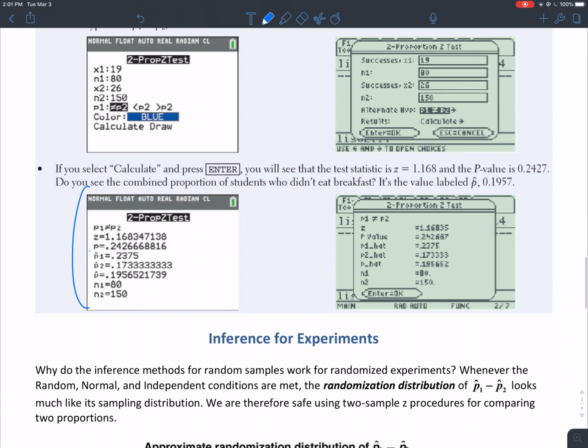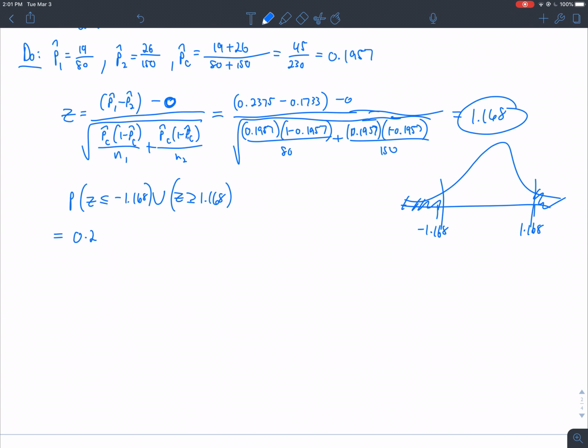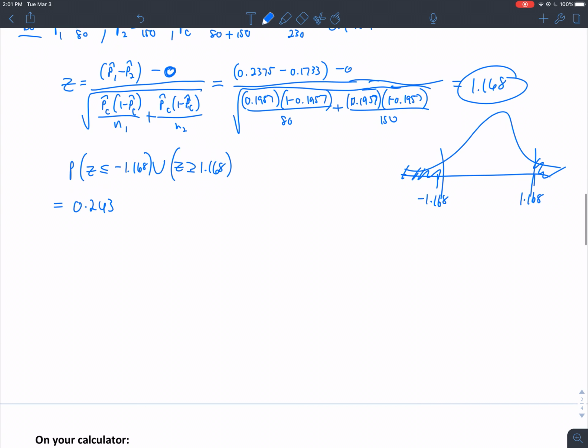So what you get basically in the end, we already have the answer. Our p-value was given to us here. There it is. The p-value is 0.243 if we round to the thousandth. So 0.243. That's my p-value. And so we conclude